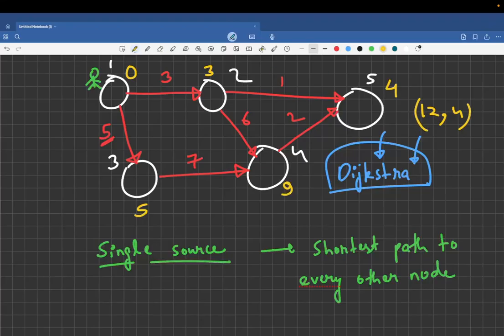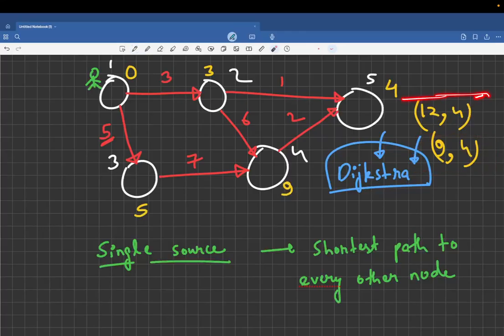Let's suppose in future I did something like this. I went to this path, I followed this path, and then I came over here. And now to reach 4 from 1, the shortest distance will be 3 plus 6, that is 9. And I haven't processed it till now. So what we will get? We will get that the distance is 9 to reach the node 4. Now, which one will you process first? Since you are using the minimum priority queue, you will process this particular thing first. And you have processed it.